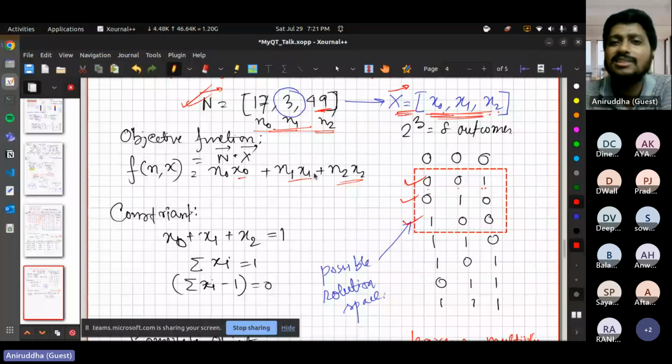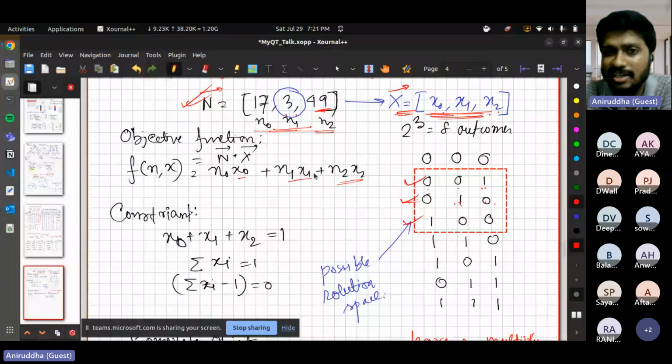And if we consider 3 to be my smallest number, then this should be my possible outcome: 0, 1, 0. The x1, which is standing in the middle of these 3 bits, is 1. It means we are pointing towards this 3. And if for our problem 17 is the smallest number, then this will be our output. So there are 3 possible numbers, and for each of them we have a one-to-one bit string which maps a number to the bit string, right?